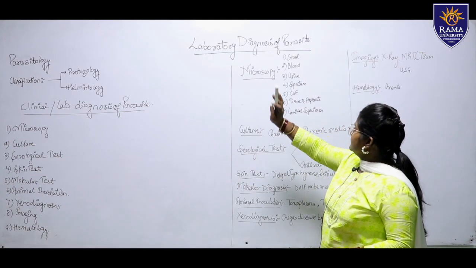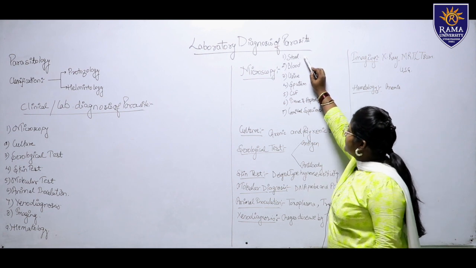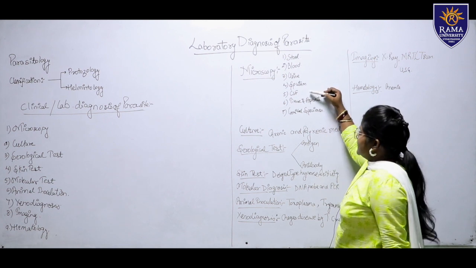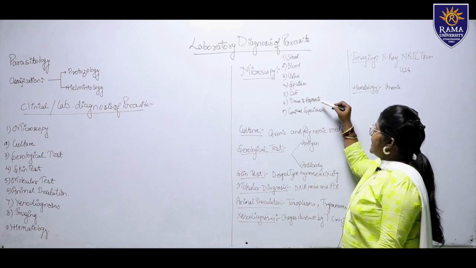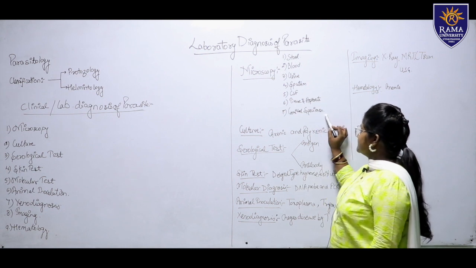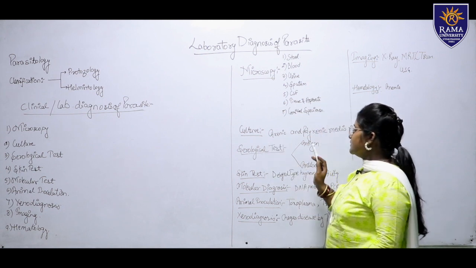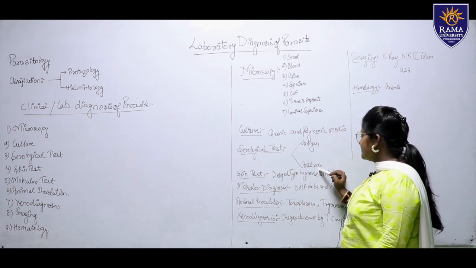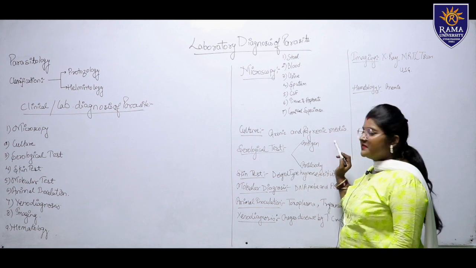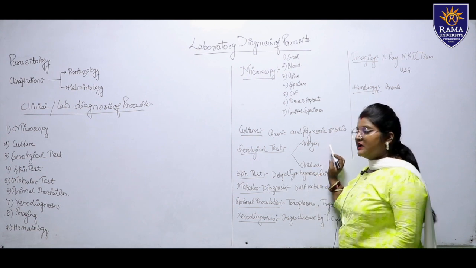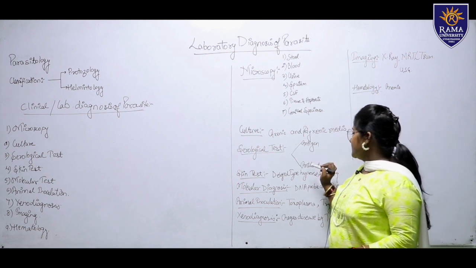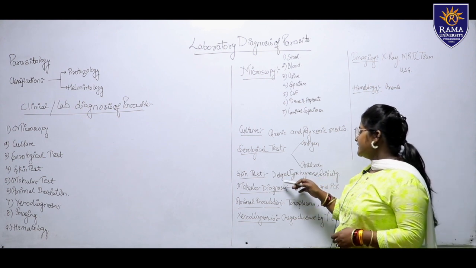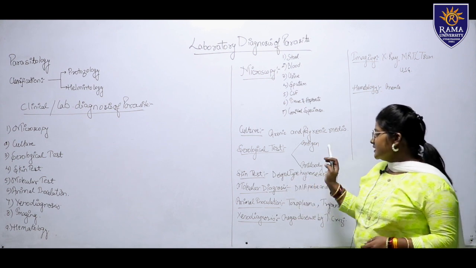In microscopy, I told you about stool examination, blood examination, urine examination, sputum examination, cerebrospinal fluid examination, tissue and aspirate examination, and genital specimen examination. For culture media, we use xenic and polyxenic medium. For serological test, antigen and antibody tests are done. The antigen test is especially done for the malarial parasite, and for antibody we basically use ELISA. Skin test is used for delayed type hypersensitivity, which is also called the Montenegro test.